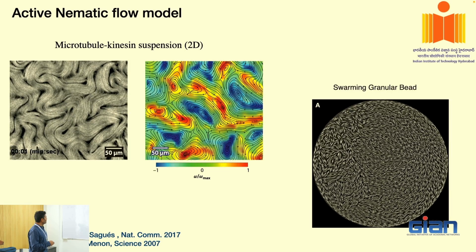Now on the left hand side, we have an example of microtubules. Basically, if you take your cells, in the cytoplasm you are going to have these microtubules, and these are like long fibers. Now, how do these long fibers move around? They are active in nature, by the way. The way it is designed, let's not go into detail, but they are active. So you consider fibers which are active in nature.